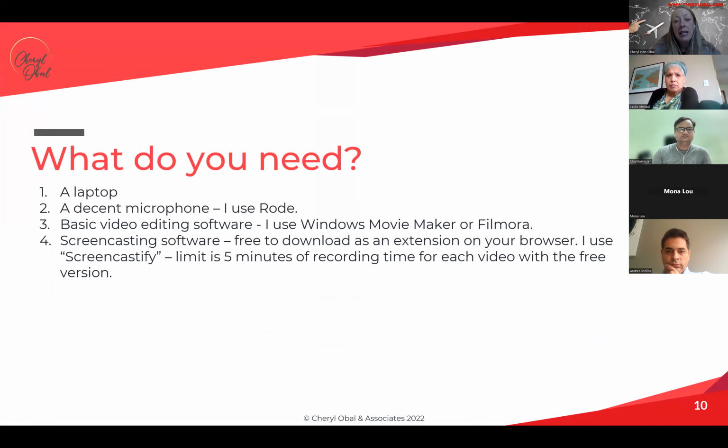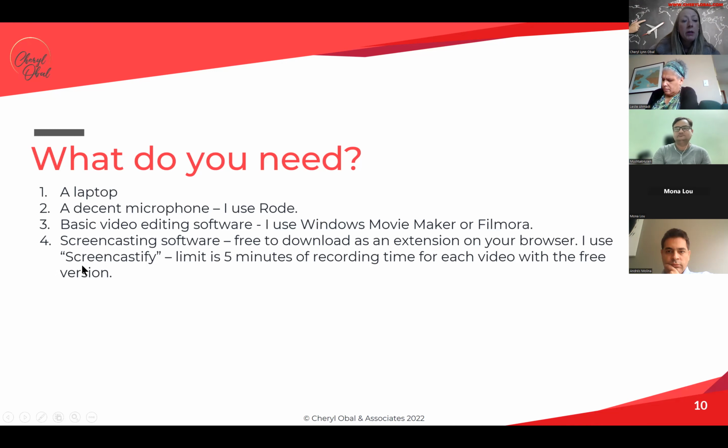You need a screencasting software. What is screencasting software? It's something that records a little box of your face talking in the corner of your slide. So it's going to record your whole screen. That's why it's called screencasting. It records whatever's on your screen, but it puts your face wherever you want. It could be at the top, in the corner, in the bottom. I put mine in the upper right corner. Some people put it in the lower right corner. You can configure that yourself.